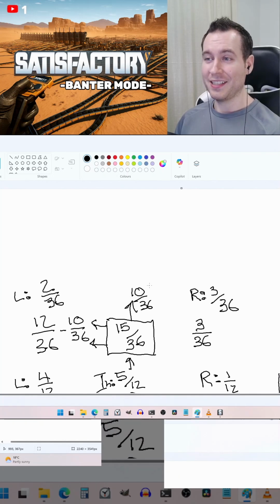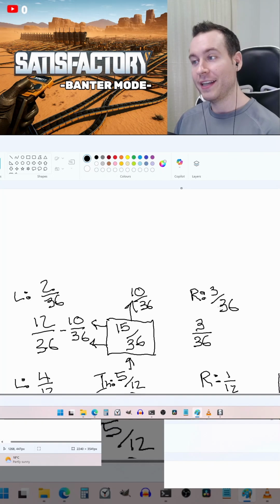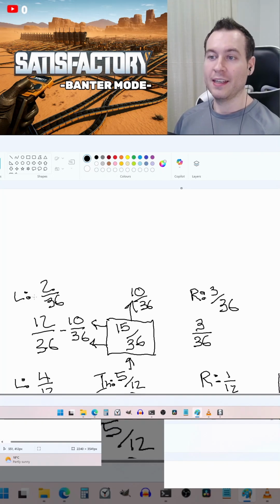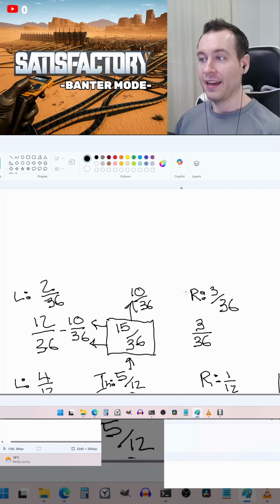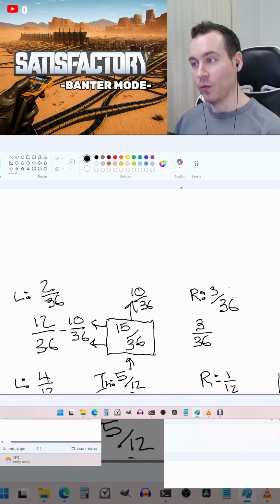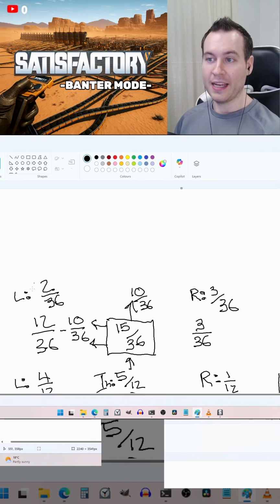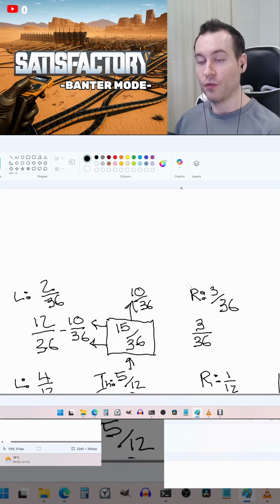So if we decided to end here, we could send the remaining value to the greater of the left or right targets. And we will know that since our goal for the left is 2 over 36, left will be getting supplied 2 over 36 less than it wants, because this is the target that it wants. And right will be getting what it wants plus the deficit from the left. So the right will get, if we send this 10 over 36 to the right, we will be getting, oh,